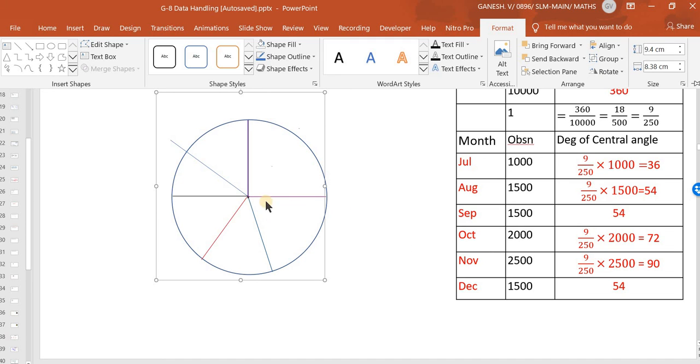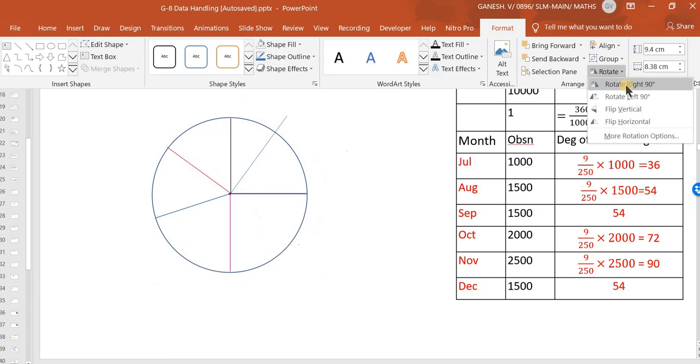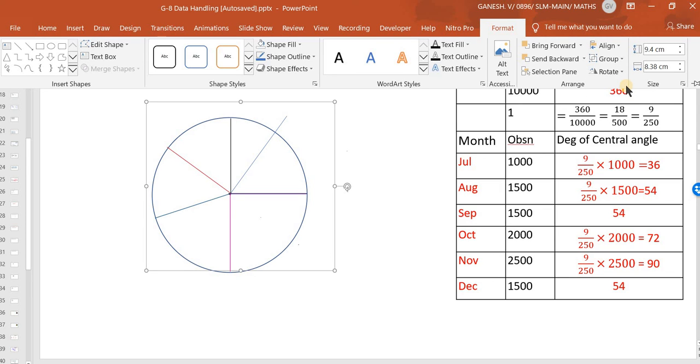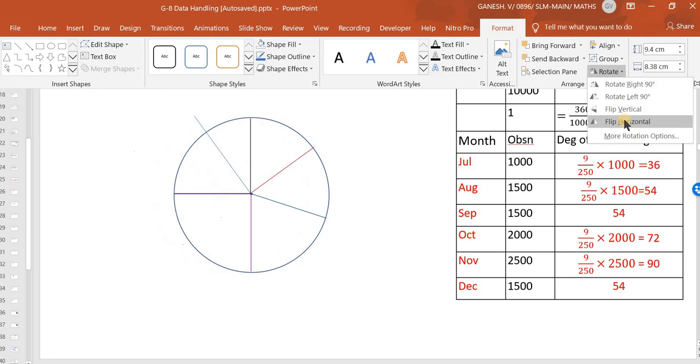Okay, I can rotate it because I started from this line. So this is 90 plus 54. I will just rotate it by 90 degree first. Rotate by right 90 degree, I rotated. And another 54 degree I will have to rotate it, so that that initial line becomes, yeah.